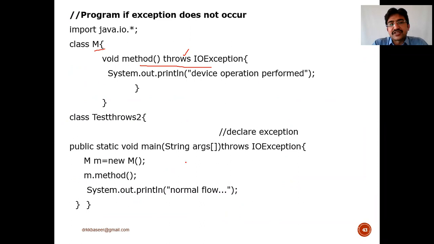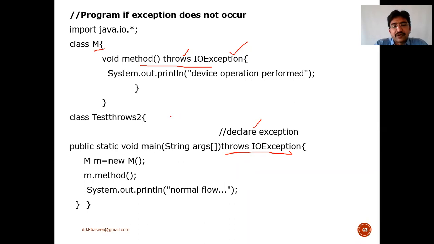How to declare that exception normally? This line is called declaring the exception at the method name. Now to handle that one, we declare that exception: throws followed by the exception class name here. This is how we declare it. In this example, if you observe, there is no throw and no try catch. So there is another way to handle that one.